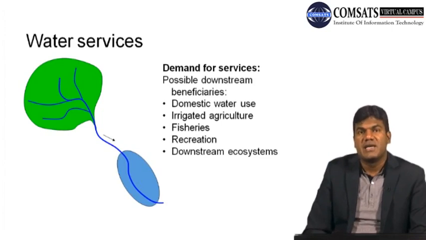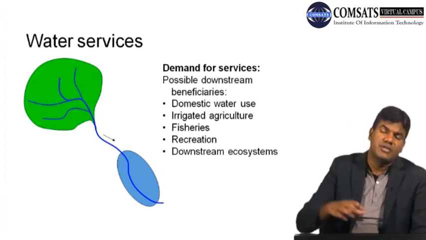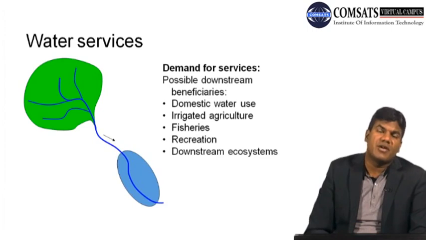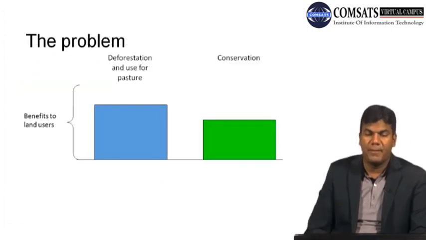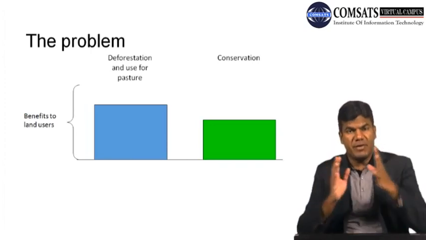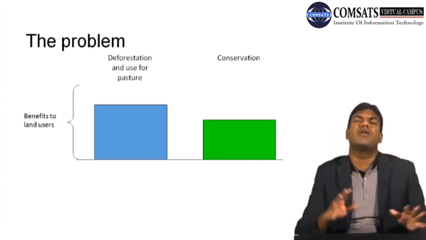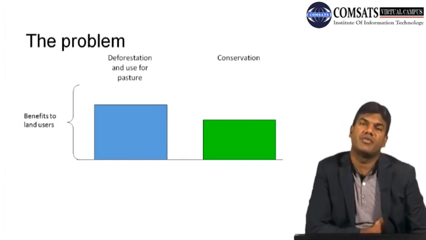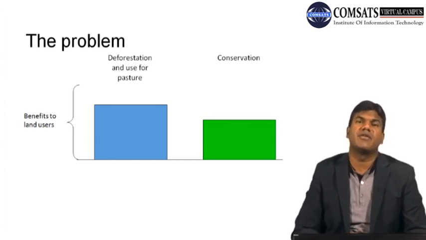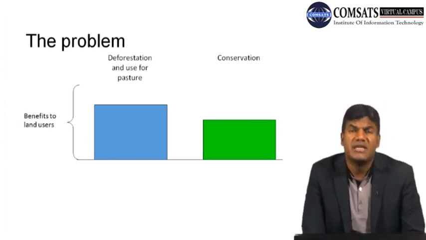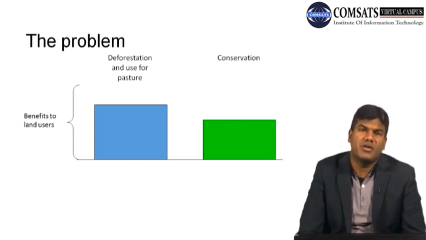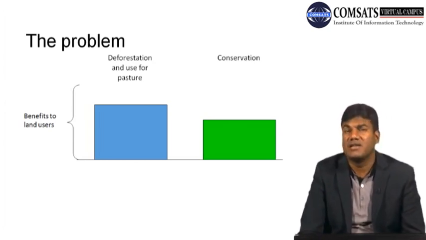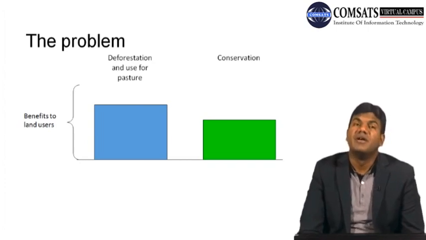What we say as कि जी आपकी वाटर की जो सर्विसेज हैं, they are very important, और ये डिमांड कर रहे हैं. अगर वाटर आना बंद हो जाए, so ये जितनी भी आपकी डिमांड फॉर सर्विसेज हैं, they are going to be closed. Now प्रॉब्लम क्या है? Be very clear about this, क्योंकि अगर आपको ये वाला कॉन्सेप्ट समझ आ जाता है, then there are no issues. You are half done economist. You can easily understand the mechanism, what is happening. और जब हम बड़ी बड़ी बातें करते हैं, जी okay, this is PES and this kind of value we are going to give, then you will understand that okay, what exactly we are talking about. So now the problem,